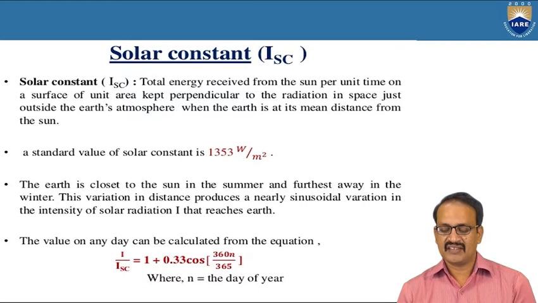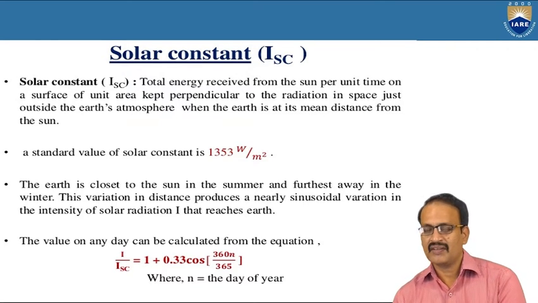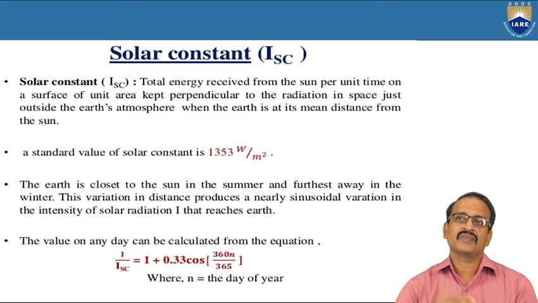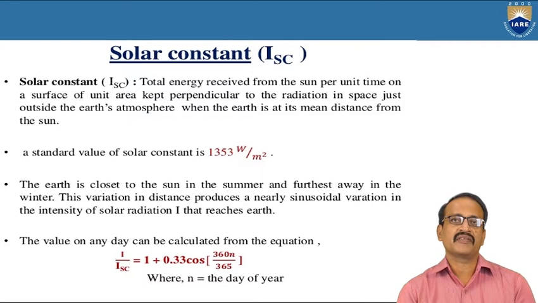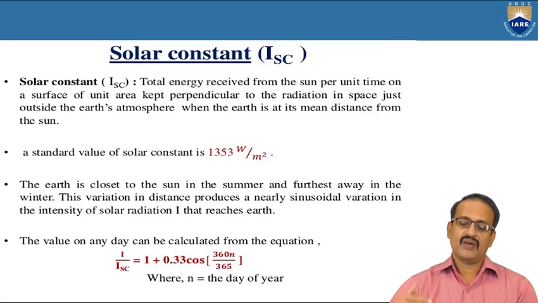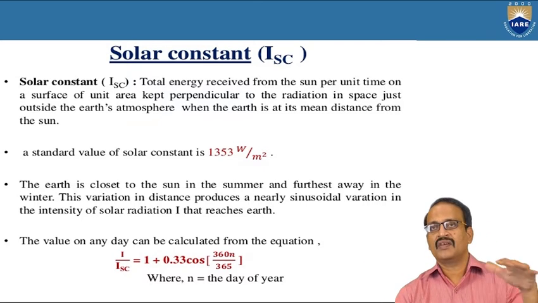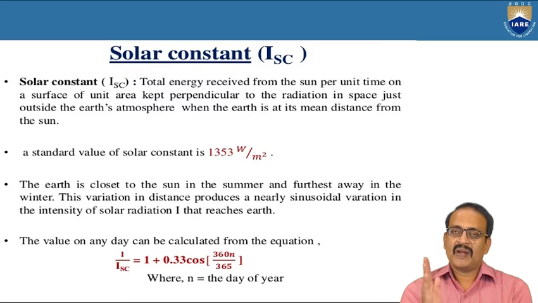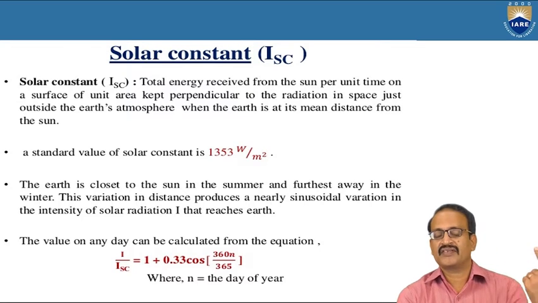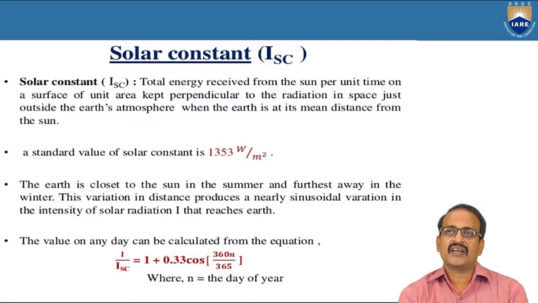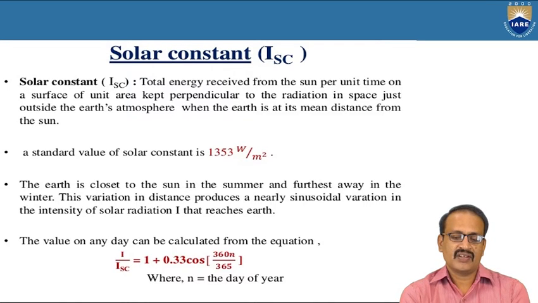So if you put that area above the atmosphere, with the sun rays perpendicular, what is the energy received per unit area in unit time? Its standard value is 1353 watts per meter square,